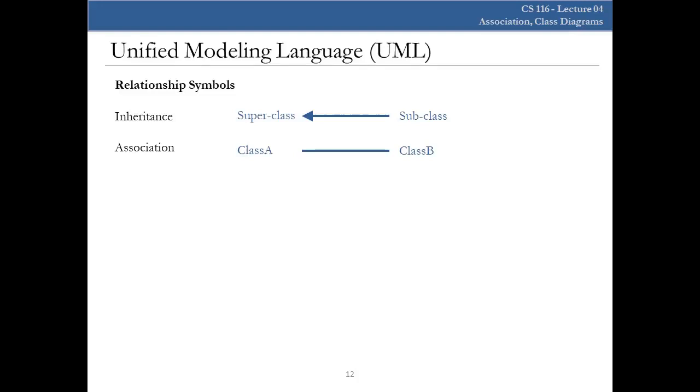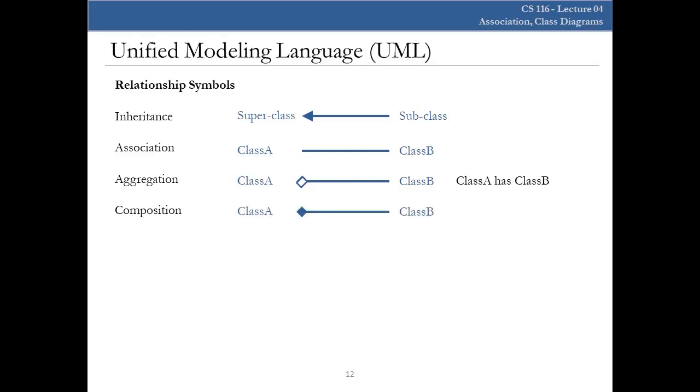Then we have two specializations of association: composition and aggregation. For aggregation, we use a diamond head arrow, and this diamond head is a hollow diamond head. And again, notice the direction of this diamond head. It always points towards the owner class. Like if class A owns class B or class A has class B, then this hollow diamond head should point towards class A. Similarly, for composition, we use the same thing, but here we use a solid diamond head,